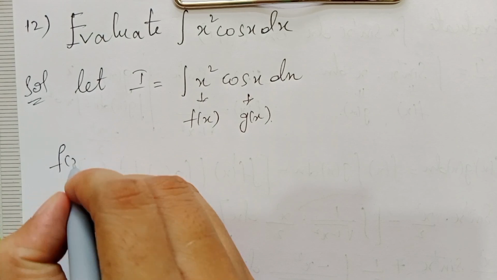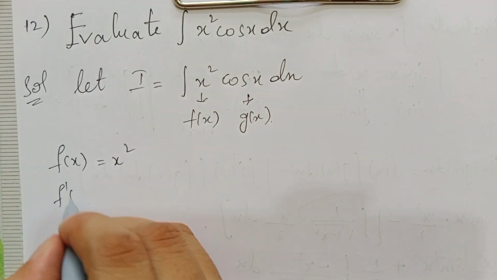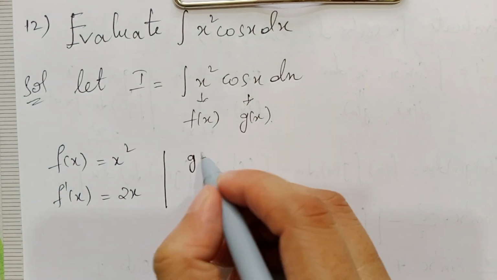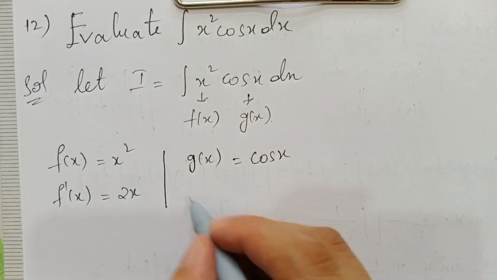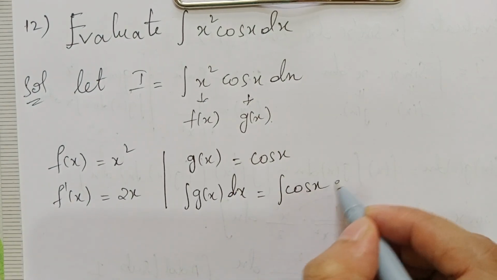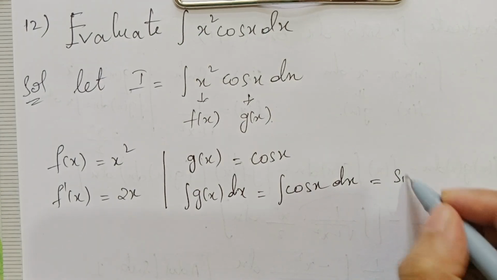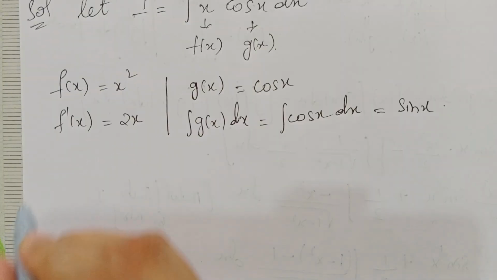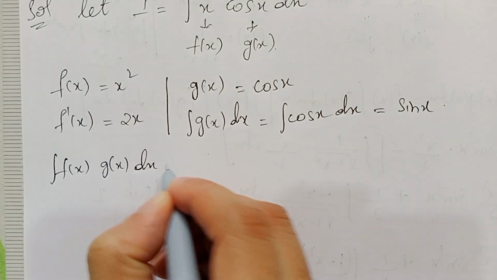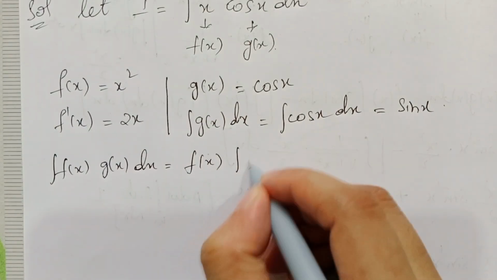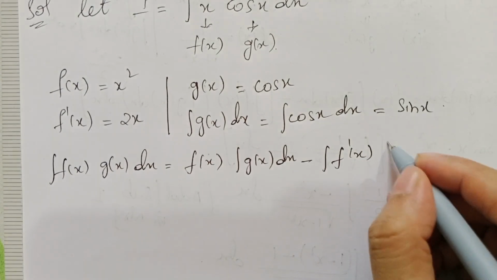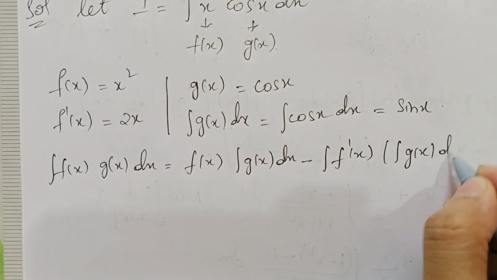So we'll find the value of f dash of x, right? F dash of x will be equal to the derivative of x square, which is 2x, and g of x value is cos x. So integral g of x dx is equal to integral cos x dx, which is equal to sin x. So now writing the formula, integral f of x g of x dx is equal to f of x integral g of x dx minus integral f dash of x into integral g of x dx